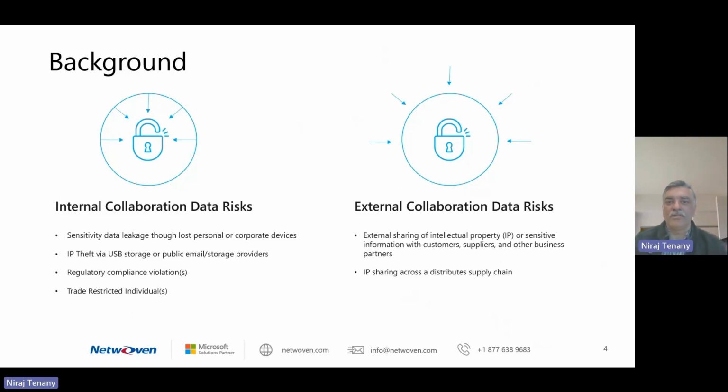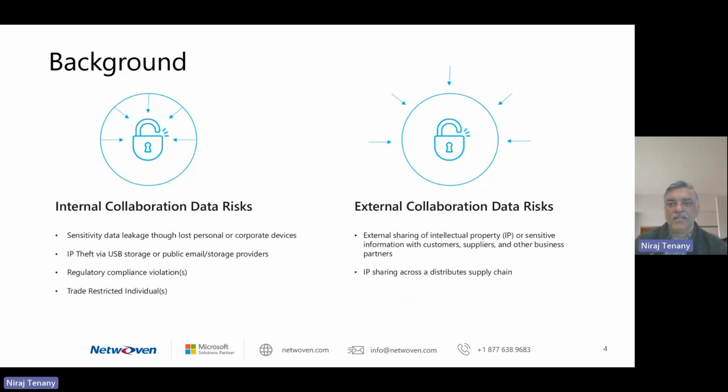For internal collaboration, some of the risks are data leakage through lost personal or corporate devices, IP theft, a number of company users leaving the organization and taking their data away with them, regulatory compliance violations, and trade restricted individuals. The US government has certain countries where the citizens are barred from accessing all the information in